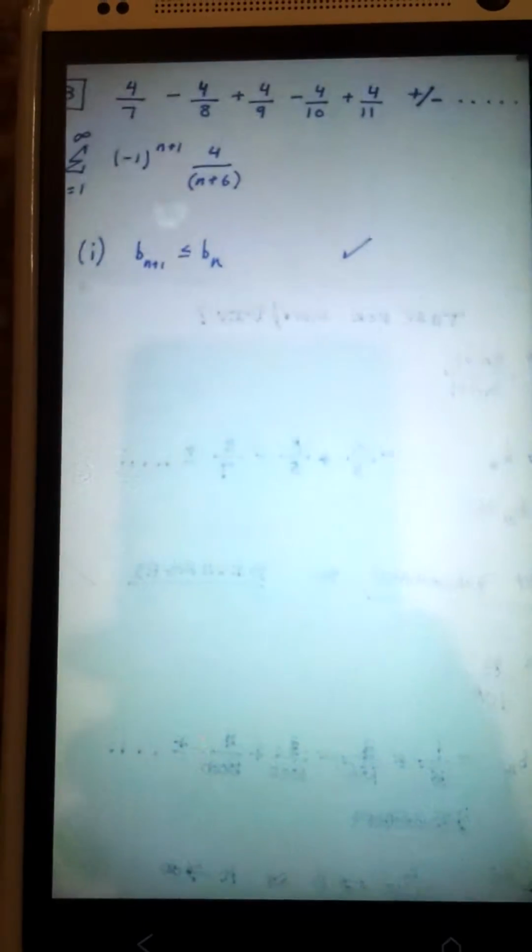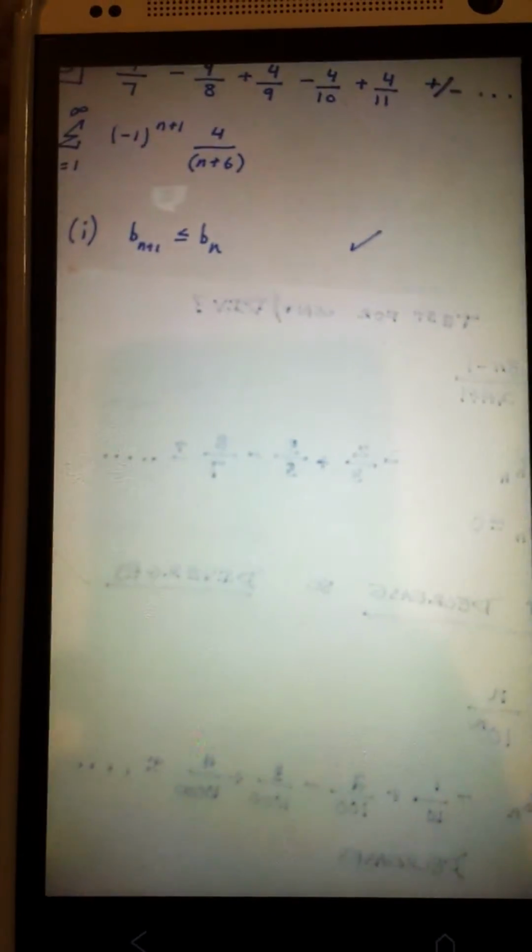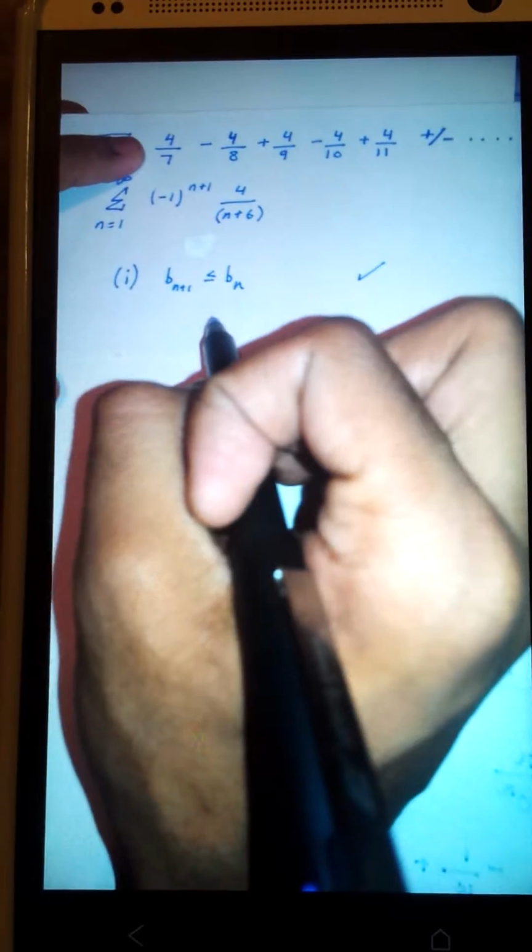And if you notice that, you'll notice that the b sub n's plus 1 are less than or equal to the b sub n. And this formula works because if you were to plug in the numbers starting from 1, you would get